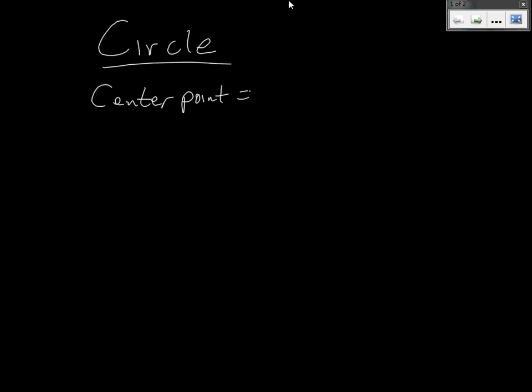We're going to talk about circles. What is a circle and what would the equation of a circle be? Well, a circle has two parameters. It has a center point, which we will put at the origin, and it has something called the radius, which is just a number, a